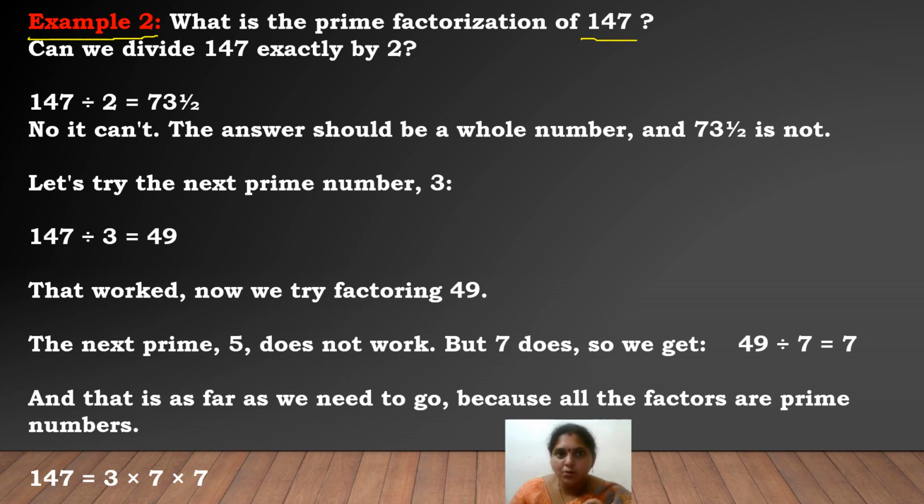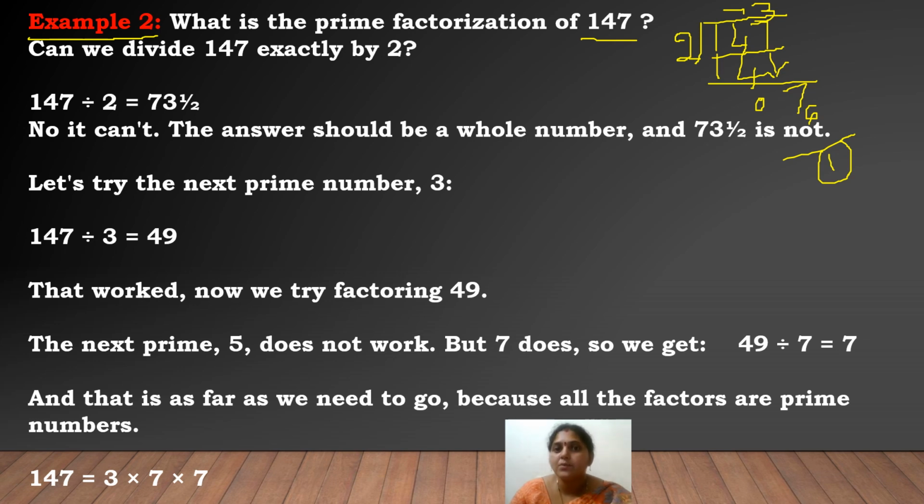Smallest prime number 2. If suppose you want to divide this 147 with the 2, can you do it? We will see. 2 sevens are 14. Remainder is 0. Bring down 7. In 2 table you can identify 7? No. Only 6 we can see. 2 threes are 6. Remainder is 1. So it is not dividing the number 147 exactly by 2.